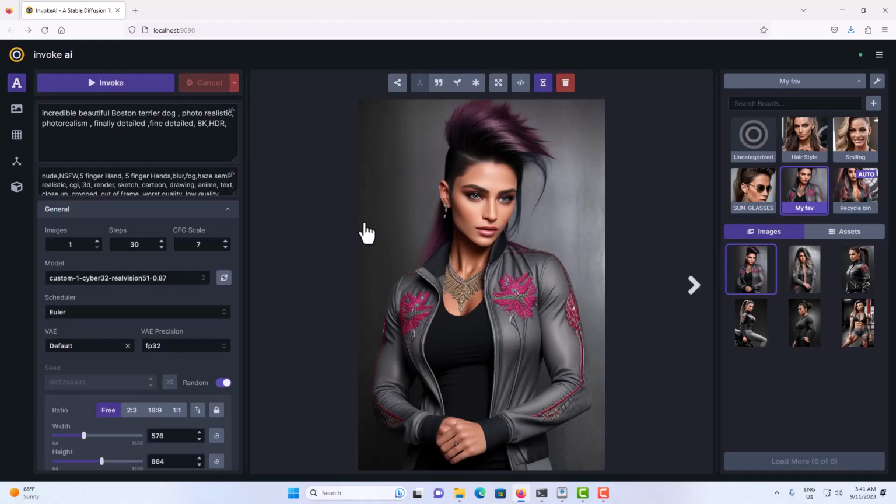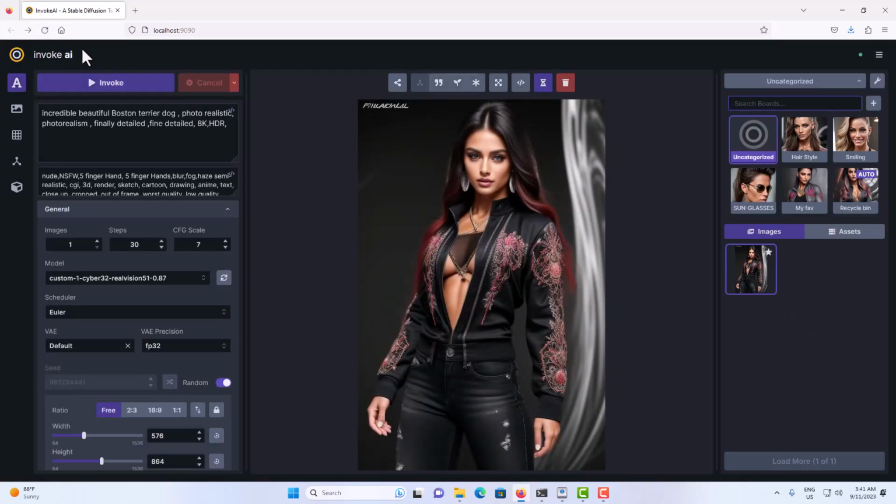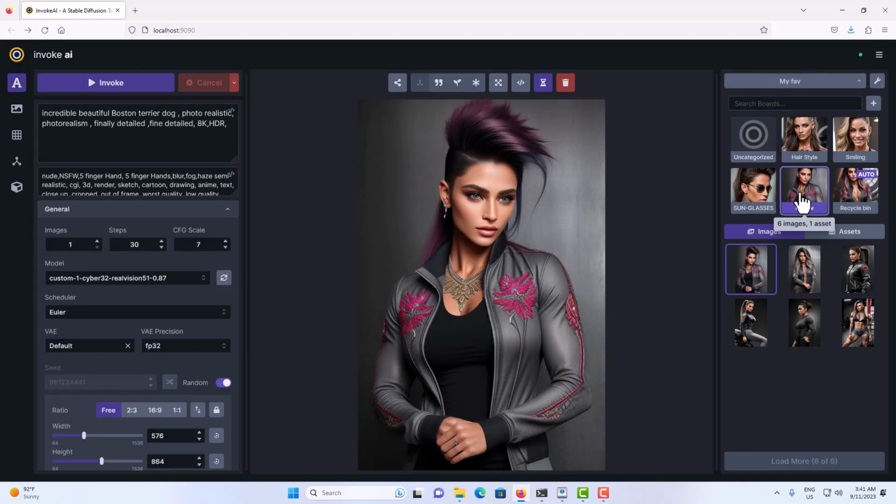Okay, I'm going to create a macro. So like I said, always want to start by reloading. That's the first thing that you're going to do. We're going to reload this, and we're going to go back to my favorites because this is all the images